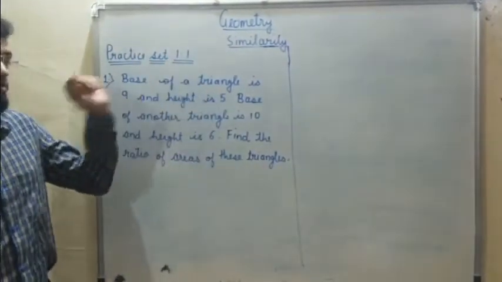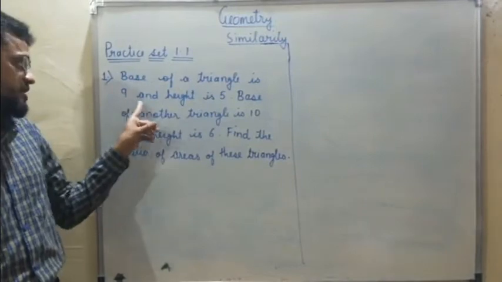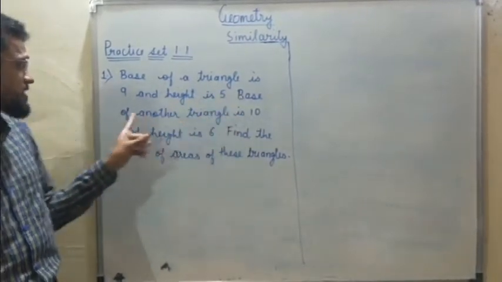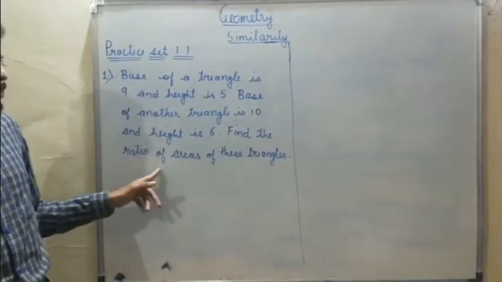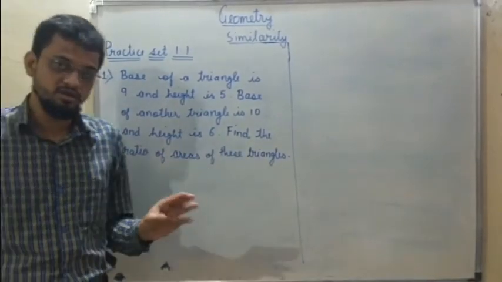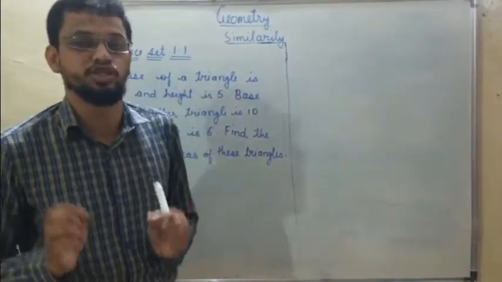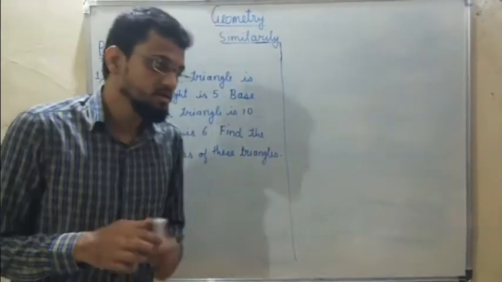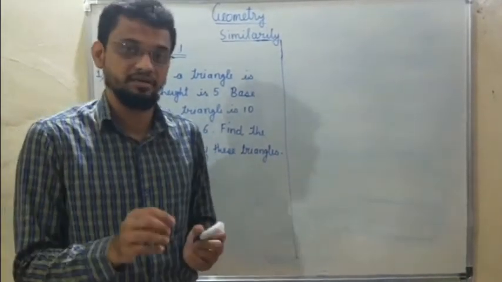The practice set 1.1. The question is, base of a triangle is 9 and height is 5. Base of another triangle is 10 and height is 6. Find the ratio of areas of these triangles. Whenever you are solving a word problem, first you have to read the question carefully. Then, if you understand it, well and good. If you don't understand it, read it again. Then,